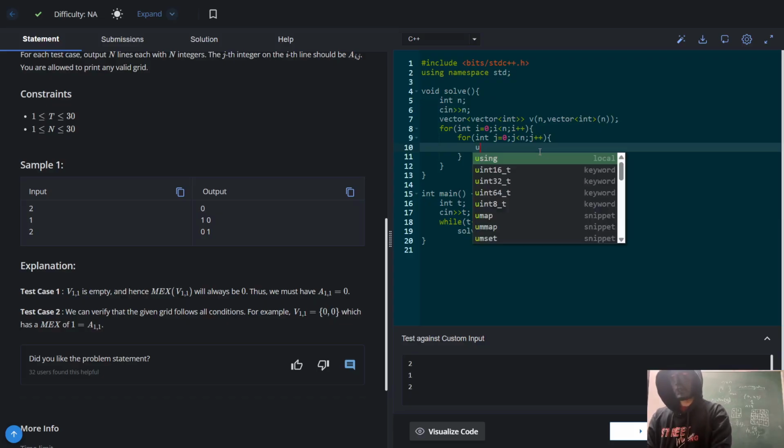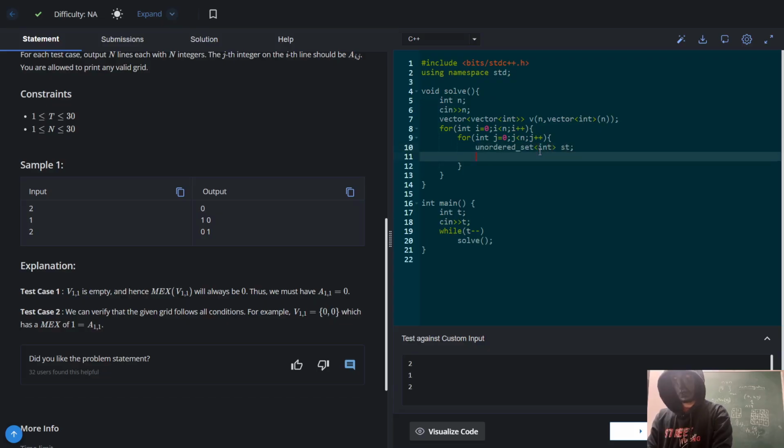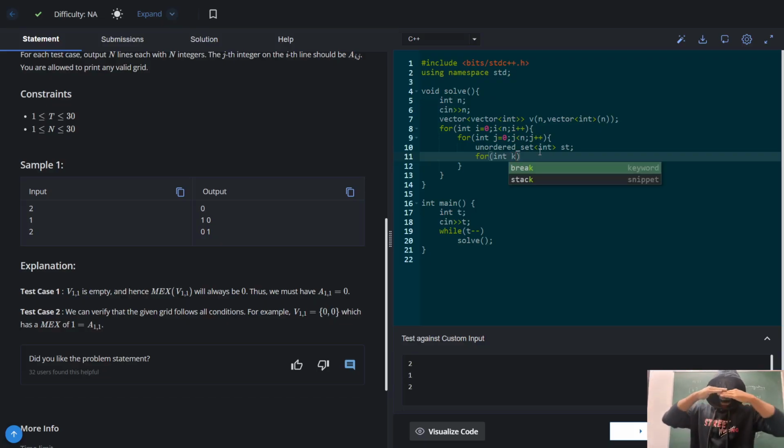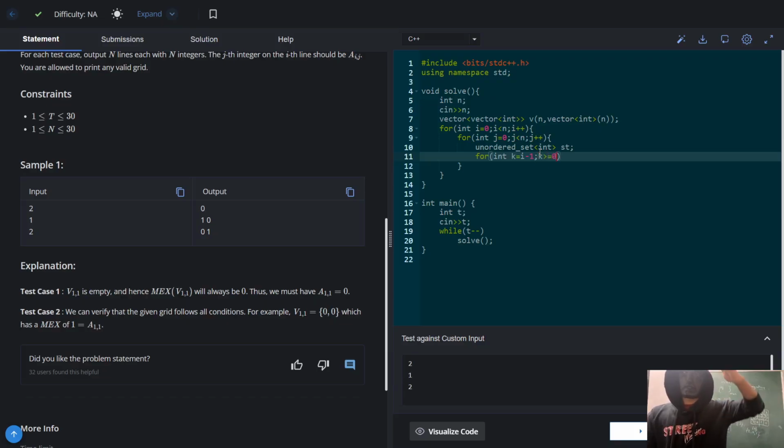So let me take one set, unordered set of type int, let me call it st. Now I will go column wise, will go up. So column I'll be representing with j index. So yeah, sorry, j is already there, so I'll represent with k index. Upside, how will we go? All the upside elements start from i minus 1, right? It starts from i minus 1, and your k has to be greater than or equal to 0, because you're going to the 0th position,